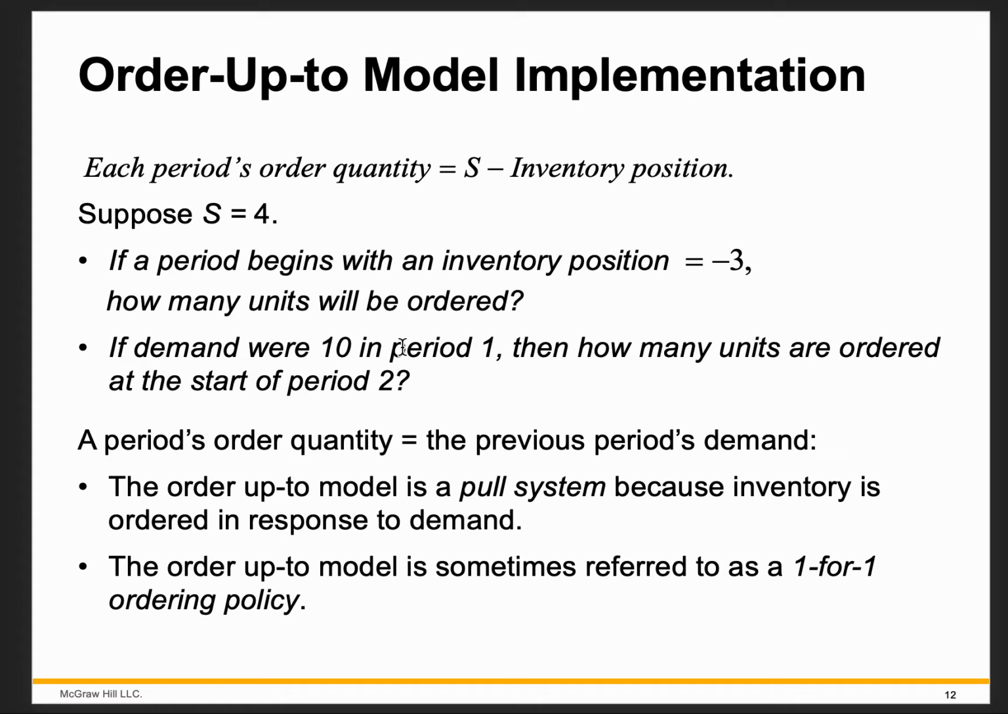Now, if demand is 10 in period 1, then how many units are ordered at the start of period 2? That's another question that you can answer very straightforwardly. It's very simple. If the period begins with an inventory position of -3, because